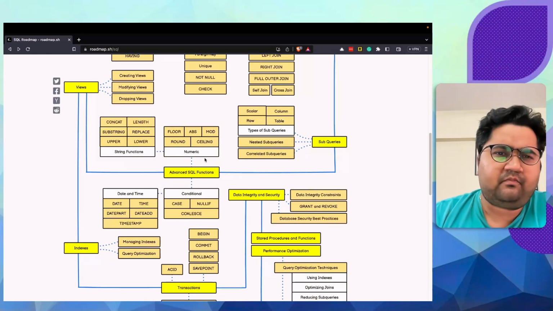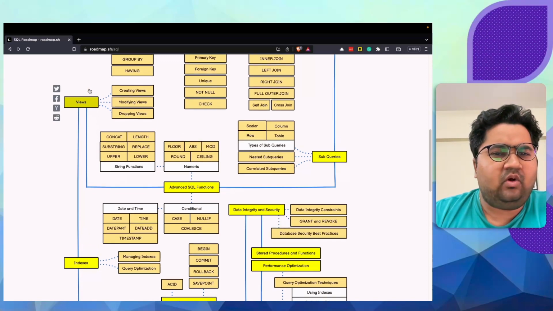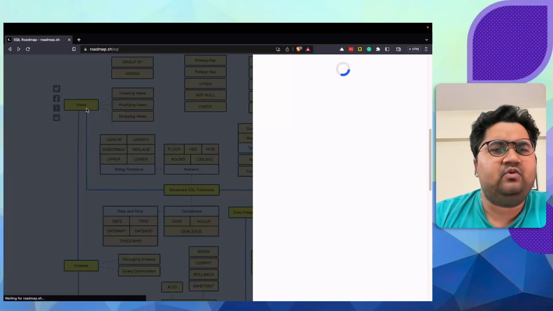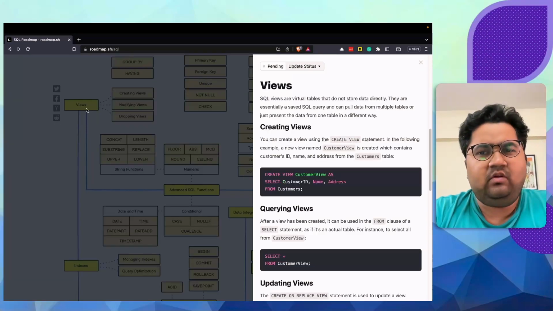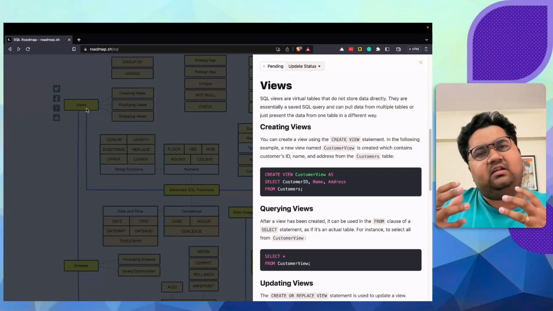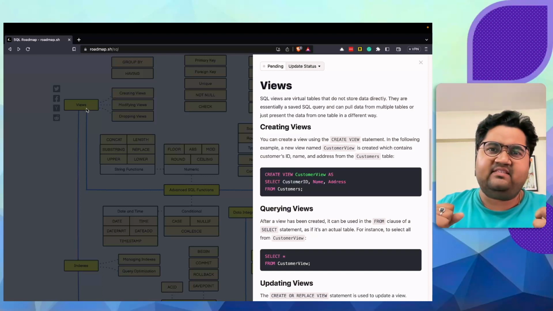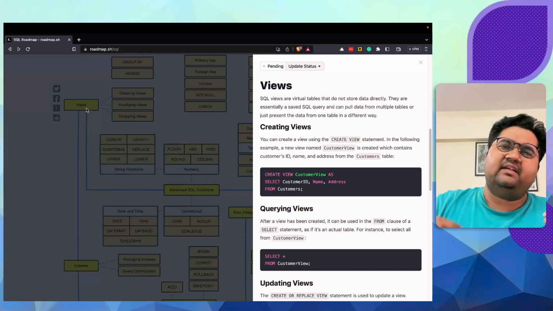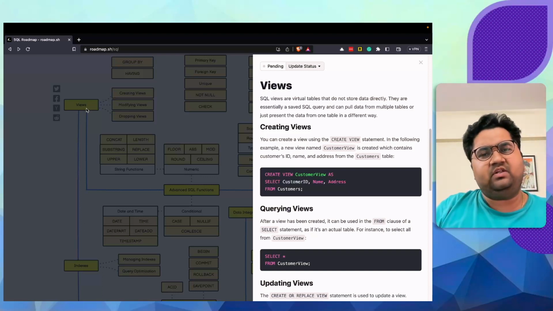Views are an important concept. So what are views? Let's take a definition. SQL views are virtual tables which don't store data directly. So basically views are queries that you save and they are executed at runtime. So when you create a view,